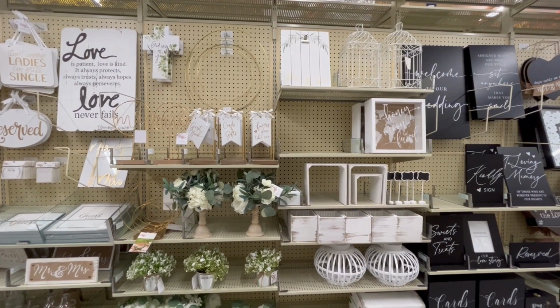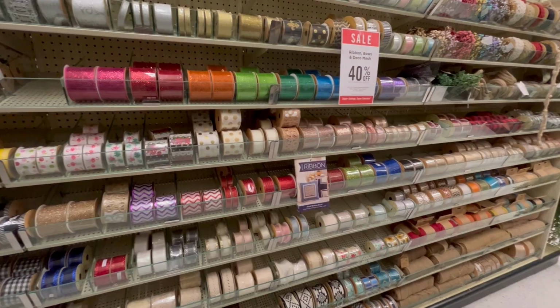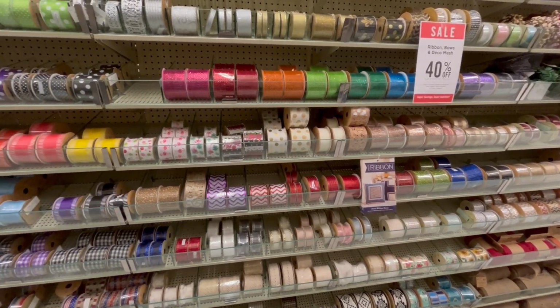Then I walked through the wedding stuff and the ribbon. They had a lot of cute stuff, but none of it was worth selling. And then I walked through some of the flower crafts. Mind you, Hobby Lobby really isn't my thing. I'm not a super crafty person, so I didn't really know what any of the stuff was that I was